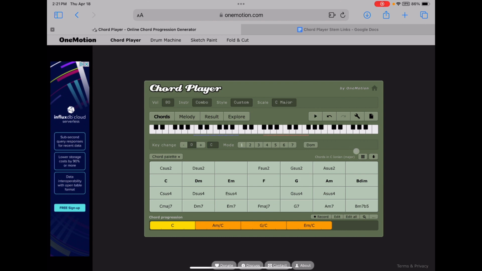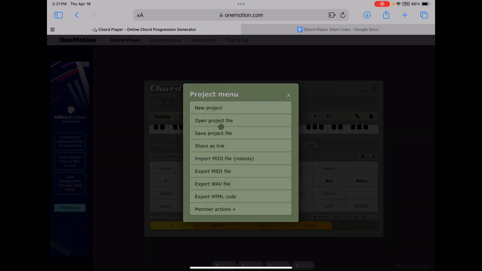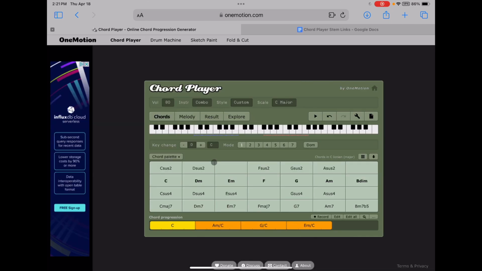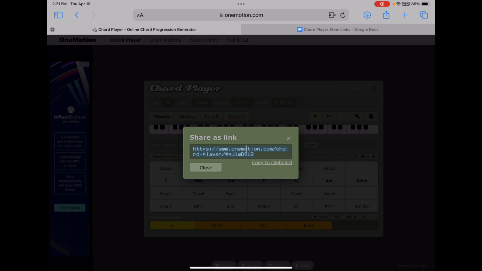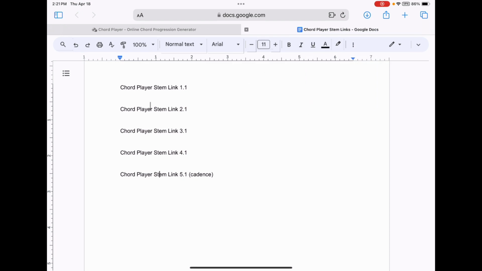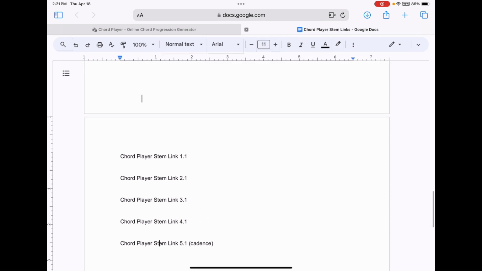So now that we have something that we're starting with, that's our first stem, we're going to go to share as a link. The copy to clipboard doesn't work, so just use Control C or Command C. And I've made myself a Google Doc. I called it link